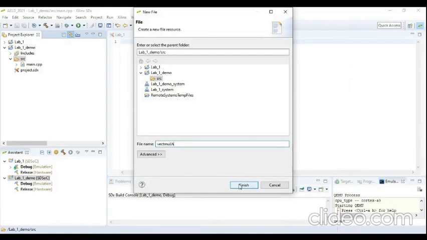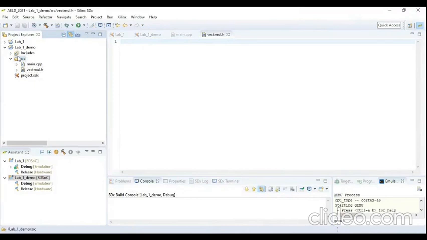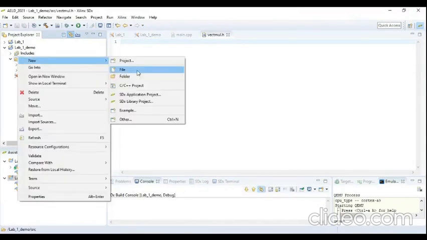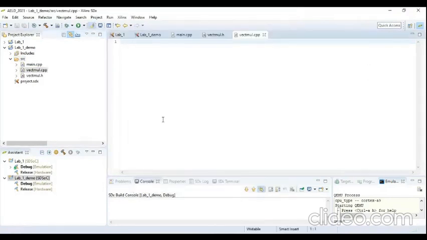It is a vector multiplication function declaration. And then another file is vecmul.cpp. This .cpp file will actually contain the function definition of the vector multiplication of two n-sized vectors.